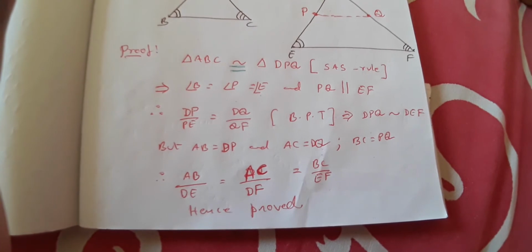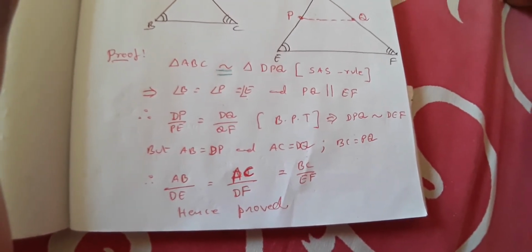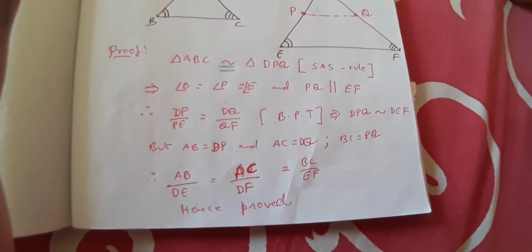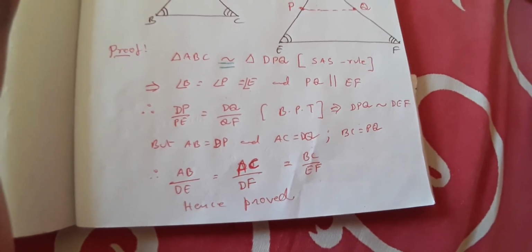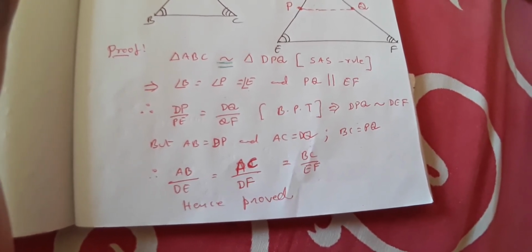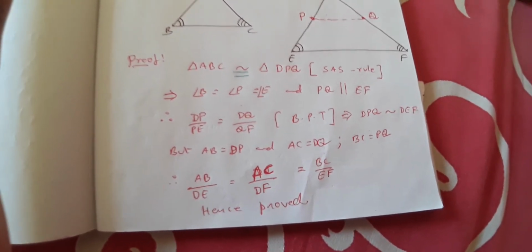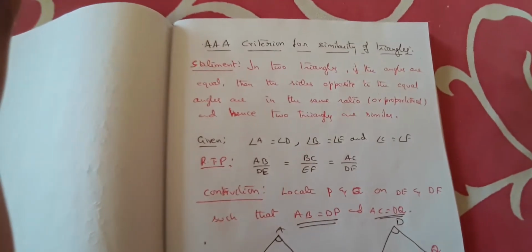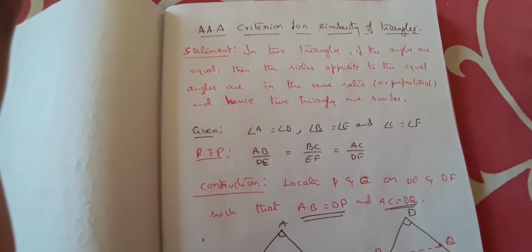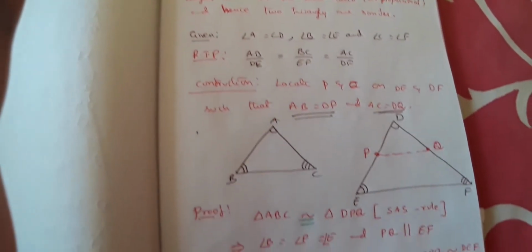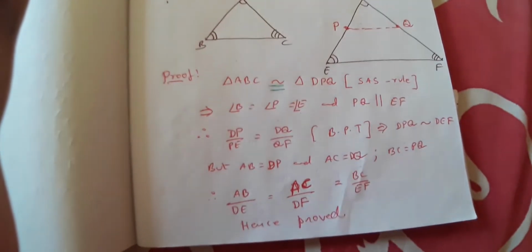Hence proved. Okay, so step by step, you have to write the reasons everywhere, children. Please remember that. Some of you in your slip test have not written the reasons. If you don't write the reason why you are able to come to this conclusion, then I am not going to evaluate your papers, right? So take a screenshot of this. The statement given and required to prove. Then the construction part. Then the proof part.